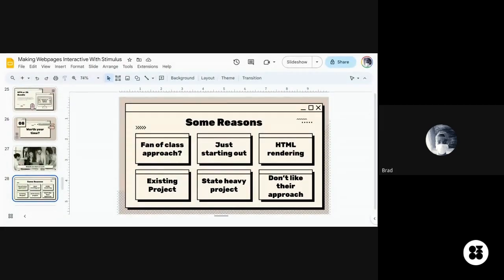Don't just come here at all, or you're someone who loves to play around with stuff or play around with libraries. Stimulus is the way to go. So another thing is if you have an existing project that is built with HTML, CSS, and JavaScript,